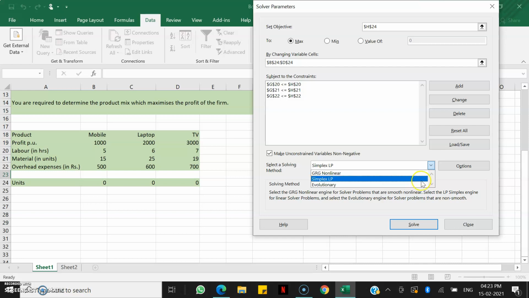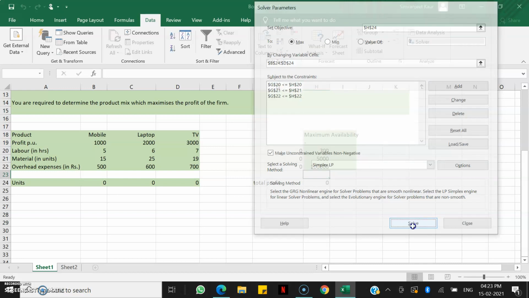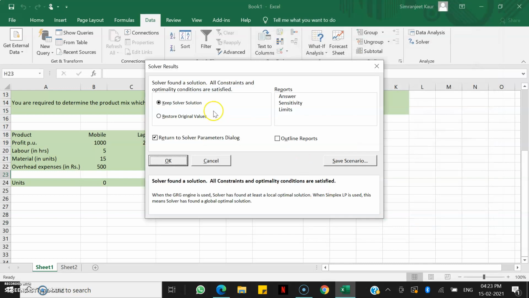So we will stick to simplex LP here, and I'll click on solve. So it is telling us solver found a solution. All constraints and optimality conditions are satisfied. Now in addition to this, I can publish these reports also, sensitivity limits, but this I'll cover in another tutorial, because not everybody needs these reports. So we will just press OK.